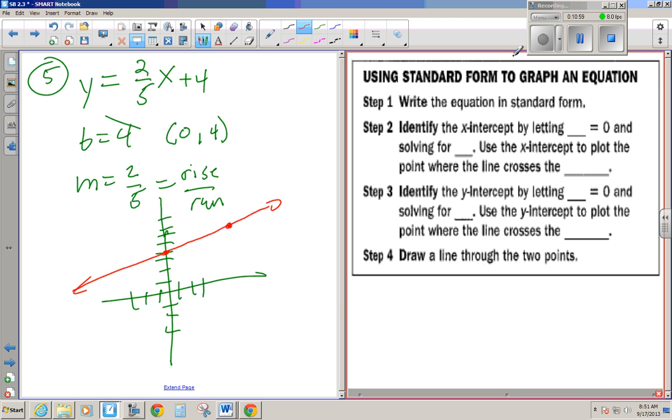Using standard form to graph an equation. All right, so that was y-intercept form. Standard form, identify the x-intercept by letting what equals 0. Well, think about the vocabulary I gave you. And when you have the x-intercept, y is 0, and then solve for x. Use the x-intercept to plot the point where the line crosses the x-axis. So basically all you have to do is